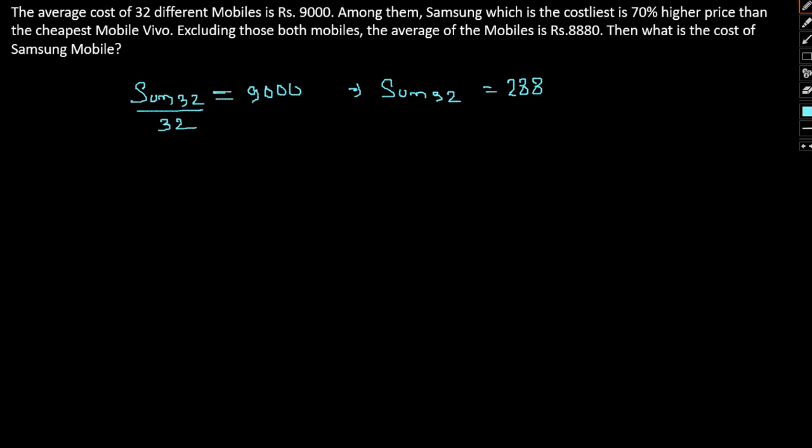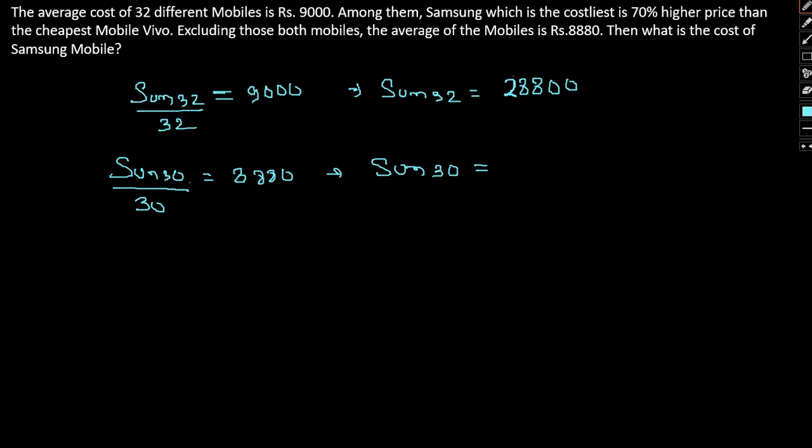18, 28, 0, 0. Okay, so this is sum of 32. Now if we exclude sum of 32, okay, so sum of 30. Now given, excluding both these mobiles, we can find out the average of 30 phones given 8880. So if we find the sum of 30, which will simply be 8880